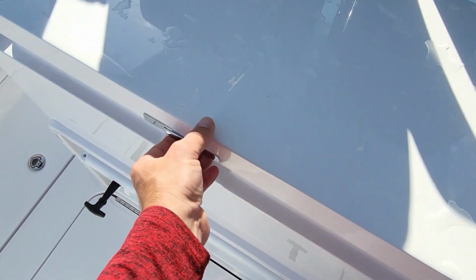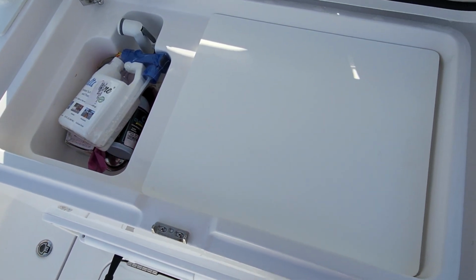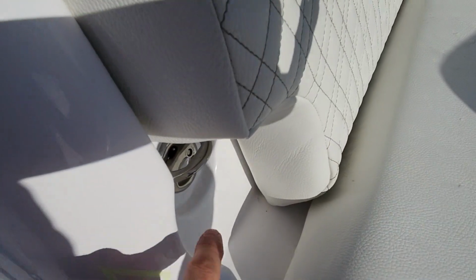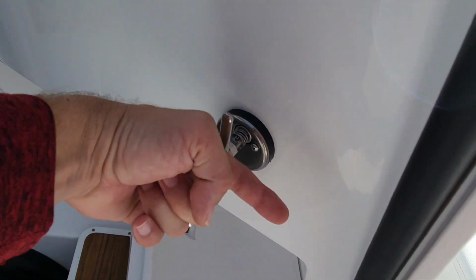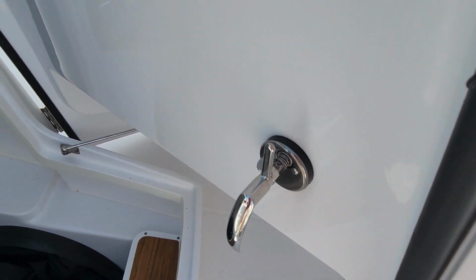What's underneath here? Nice. Like a cutting board and a sink for you. Like still got all the brand new stuff for the boat from when it was sold. But yeah, all I'm doing is this door latch right here is misadjusted for some reason. When it's closed, like it is now, well, here, it's supposed to be just like that when the door's closed. But this latch right here should be facing this way. This ain't helping anything. It doesn't even do anything when it's like that, because that bar should be locked underneath